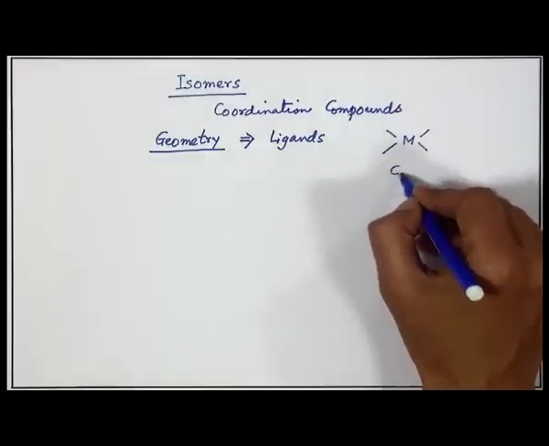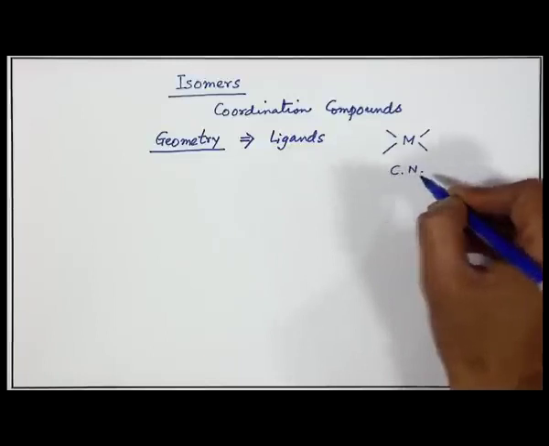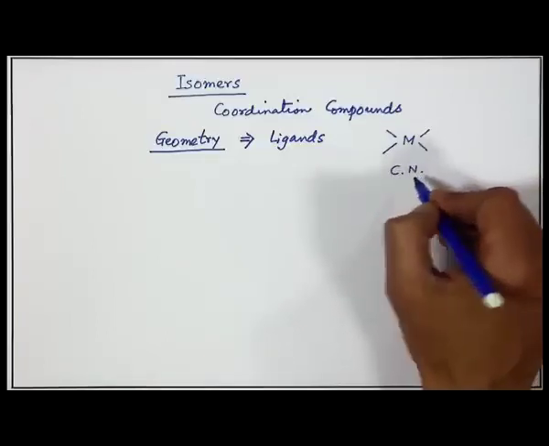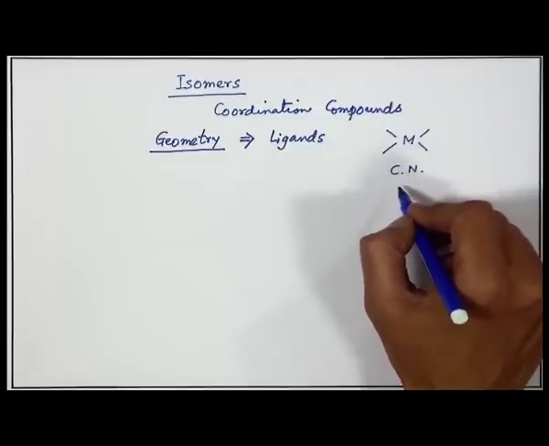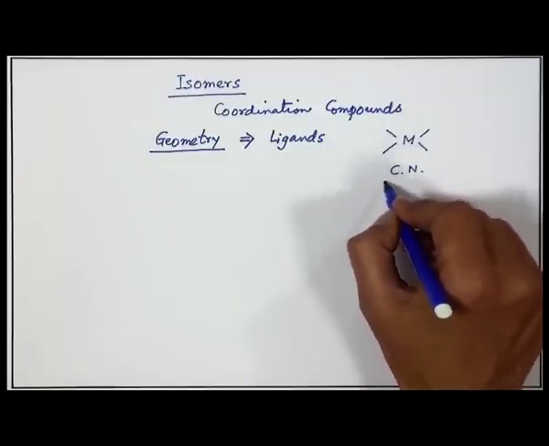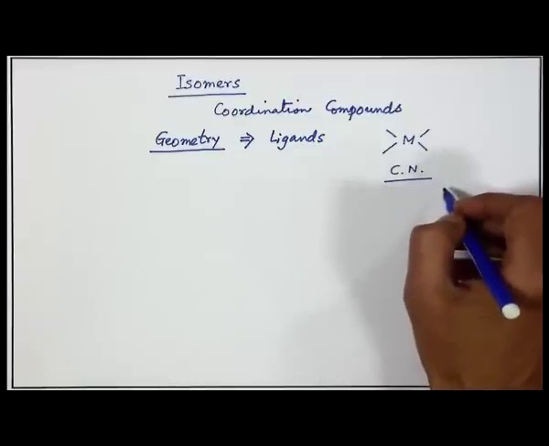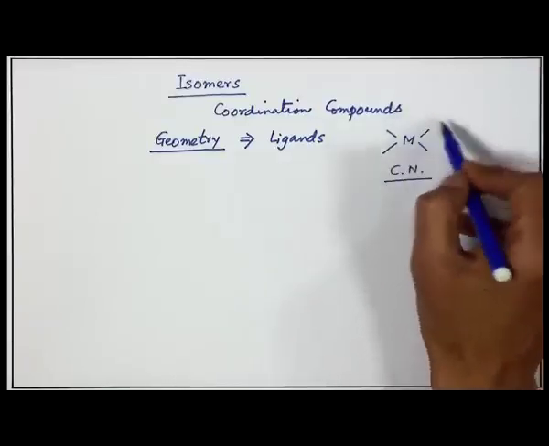So, if we have a particular coordination number, say 4 or 6, we should be very much careful about the corresponding geometry or the available geometry, which is directly related to the polyhedral,